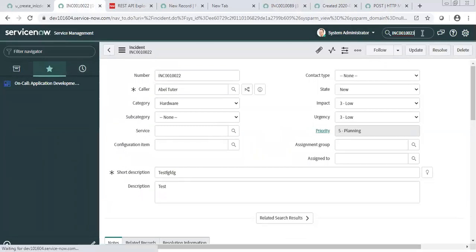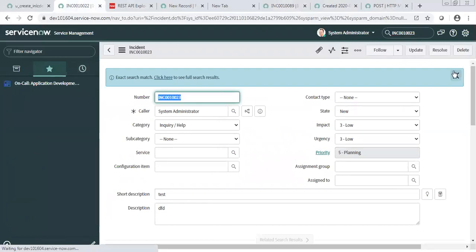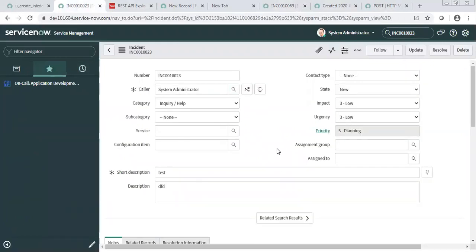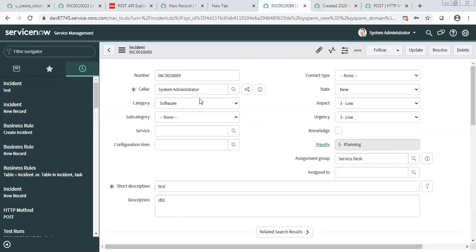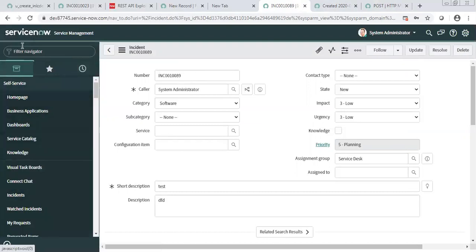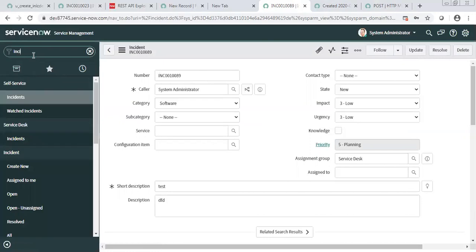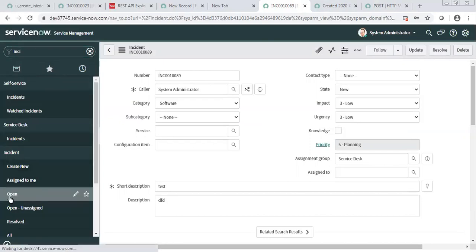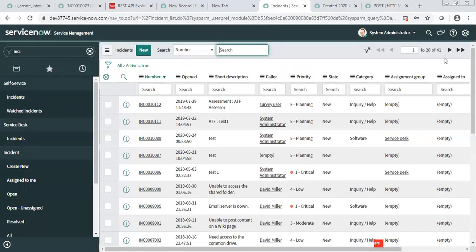In your instance. Yes, see. And we did not click on test, right? Yeah, I didn't create one. So let me go to the list view of this. If I go here, how many incidents are you seeing? 41.